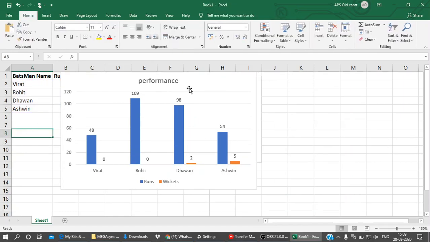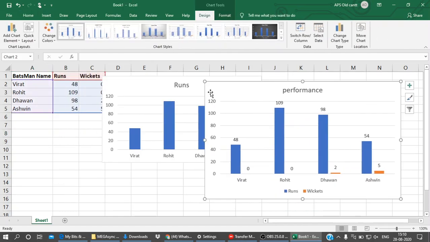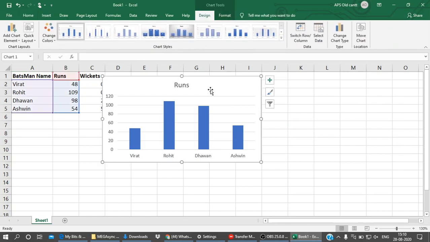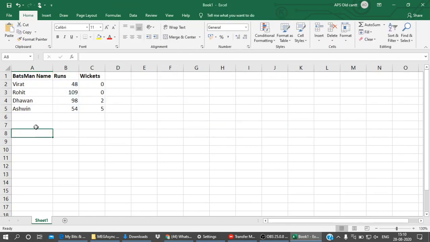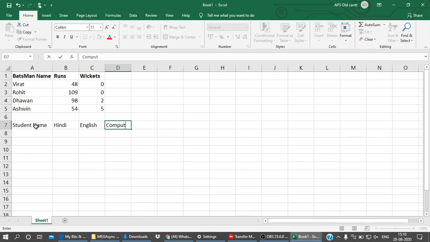You can also represent the student marks also. How you will compare the marks. So I can make here student name, Hindi, English, computer, math, and SST. Okay, I'm taking this name. You can take anything.